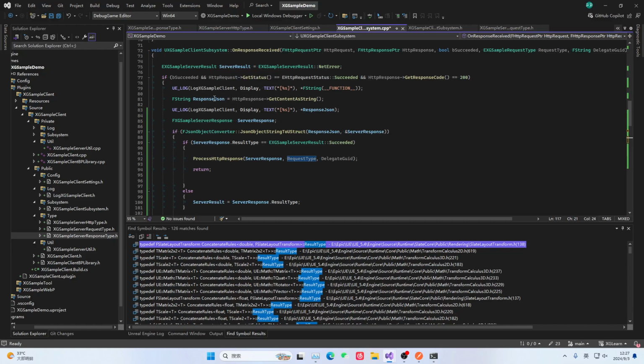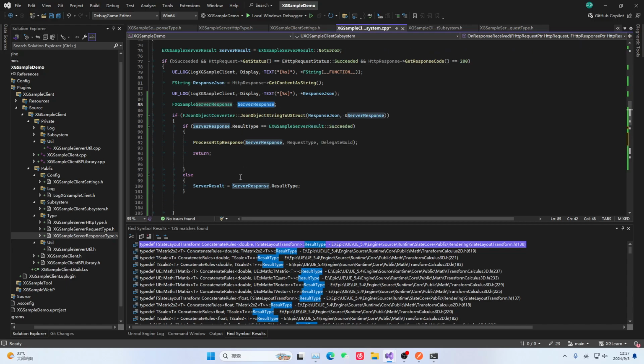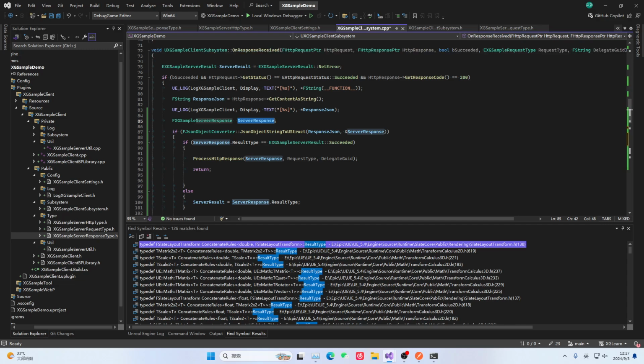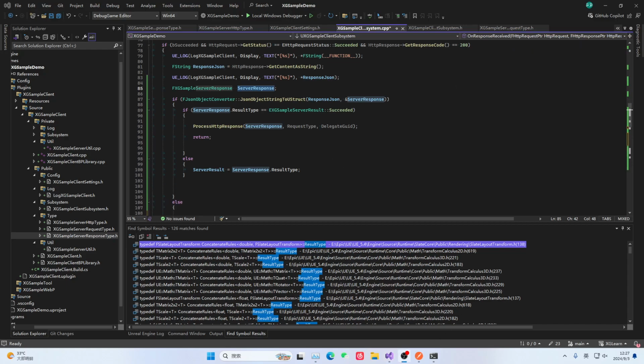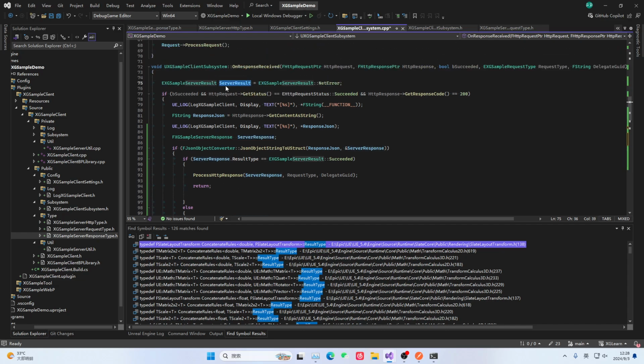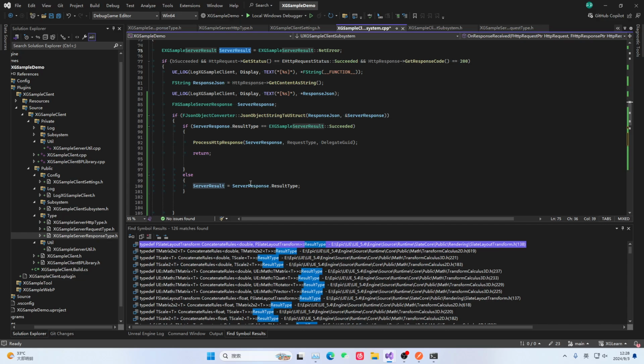Because you are incorrect. You simply do not have this server response. This server response of yours is unavailable because there are too many reasons for you being incorrect. Yes, therefore, this server response is actually unavailable. So if it is unavailable, we can actually just use the server result, because here, depending on different error type